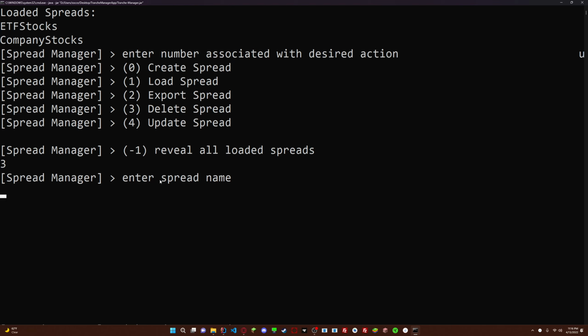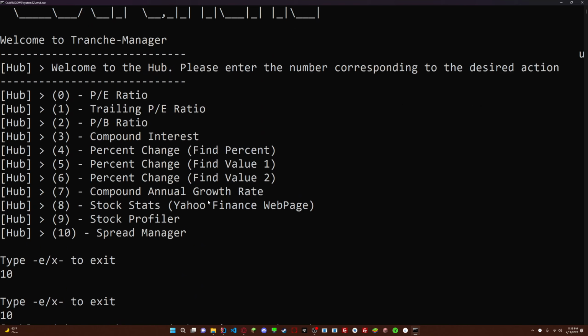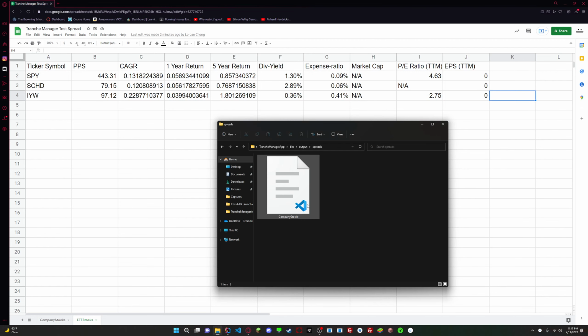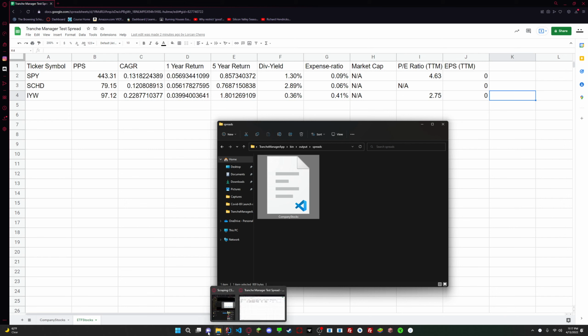Spread name. Let's delete company stocks. Or actually, let's do ETF stocks. Right? You can see it says delete it. Let's exit, and you can see that we only have one file again. Right? Alright, so let's go back to that, and I want to show you the other feature which I added,